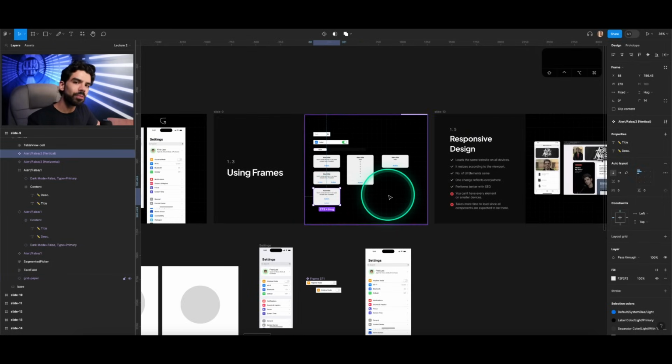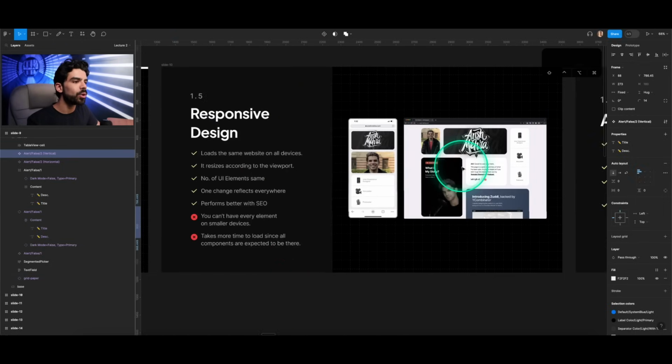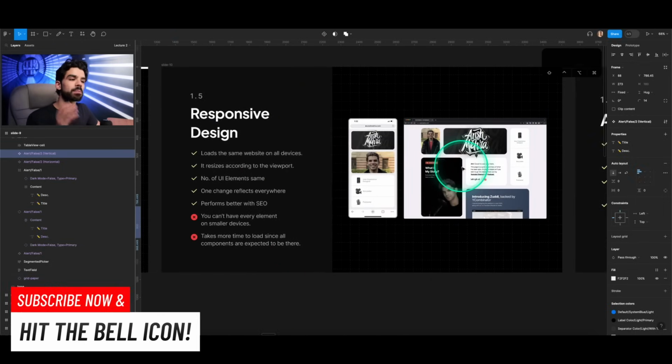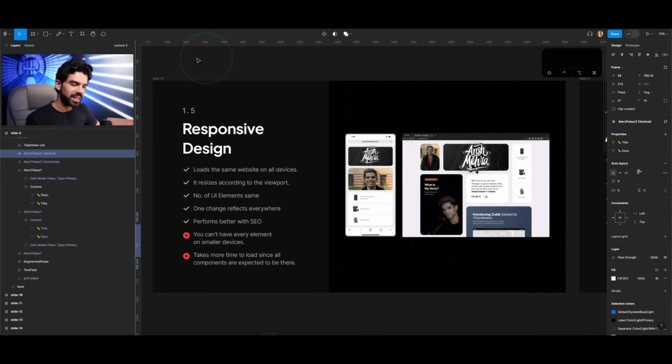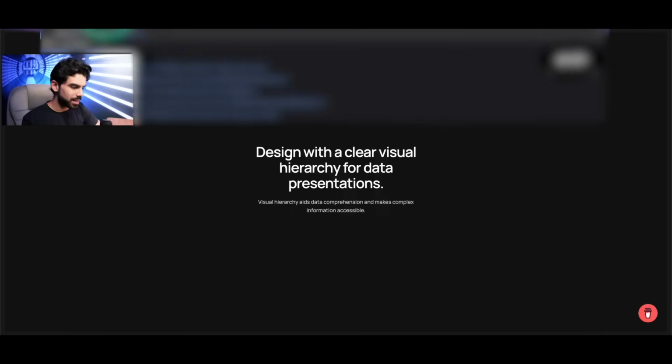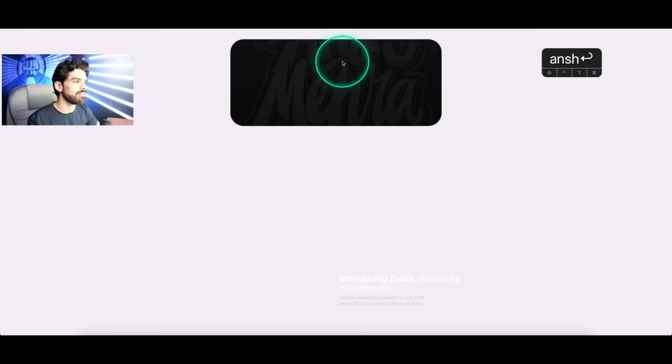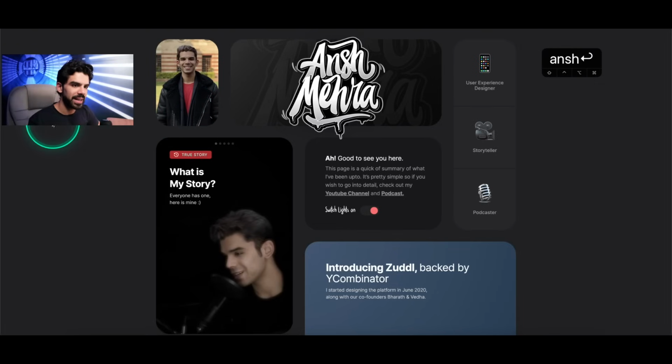But before we enter auto layout, I want to introduce you to the concept of responsive design versus adaptive design, because understanding this key difference is very, very crucial before you start using auto layout and frames. So folks, responsive design is a word that is very commonly thrown around, right? And to make this more practical, let's open my website. So folks, this is my website right here, and let us see how this website responds as I shrink it